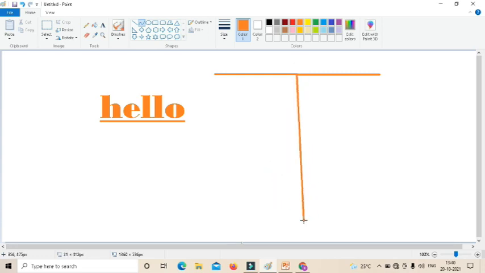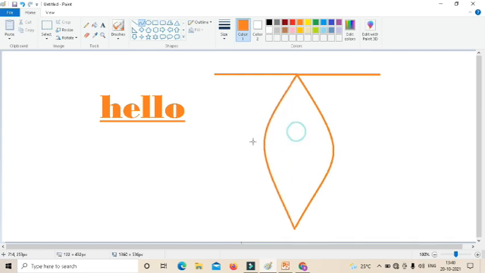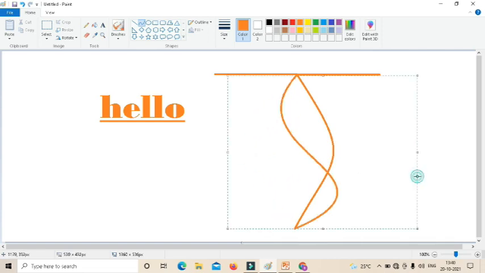After drawing the line, we can make it bend. We can do like this. So the curve tool is used to draw curved lines. Like this, we can bend the lines.